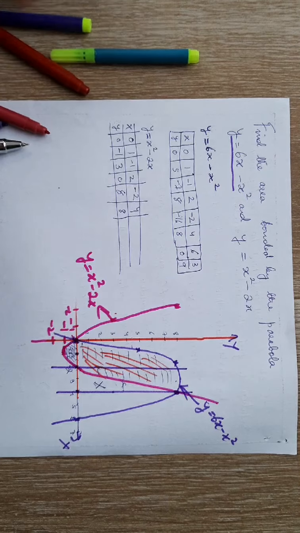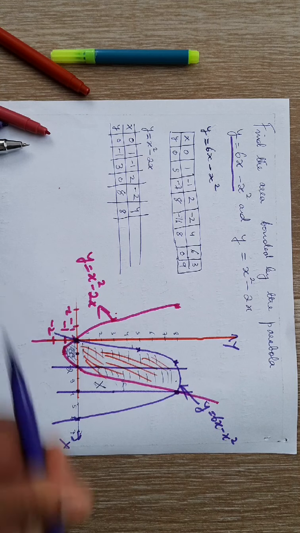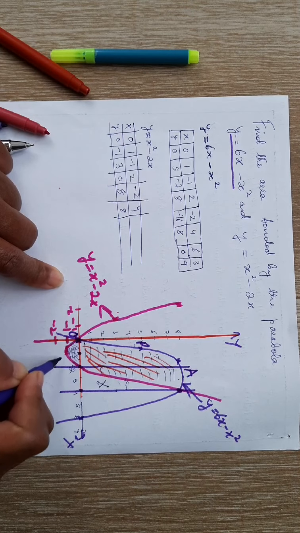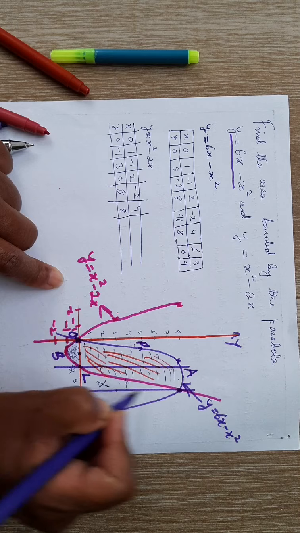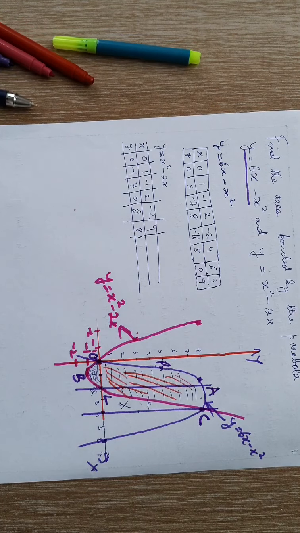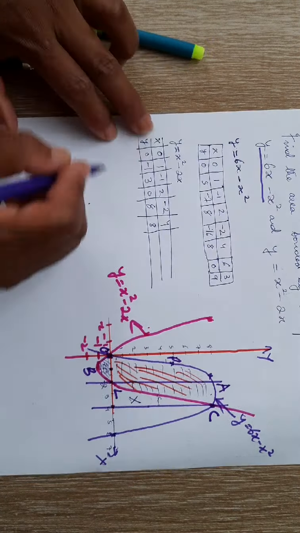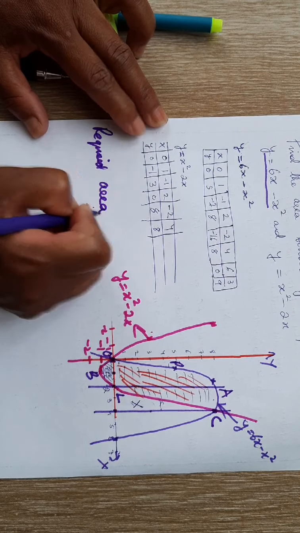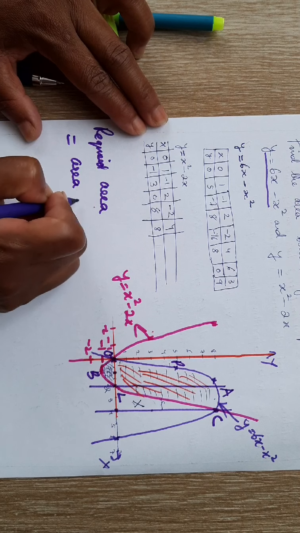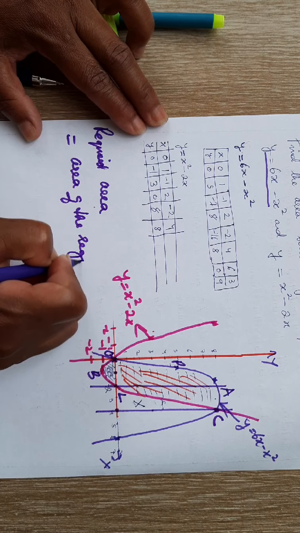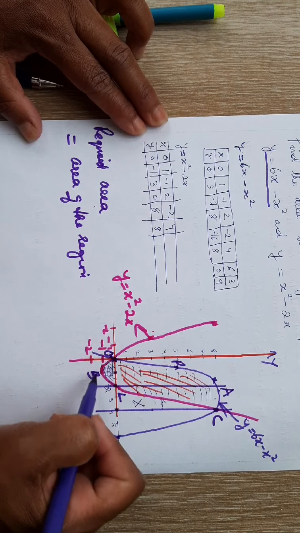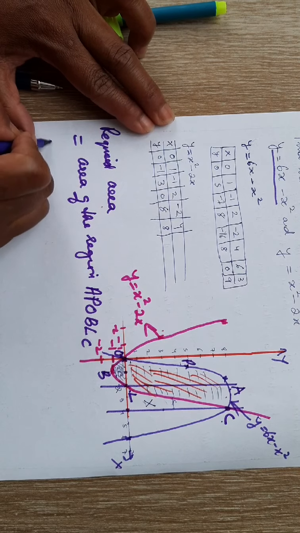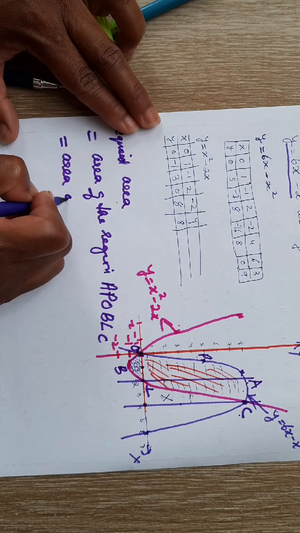So now if I denote this one as A, P, this as O, this as B, L, then C, then what will be the required area? Now from the figure, area is equal to area of the region APOBLC, and this can be written as area bounded by